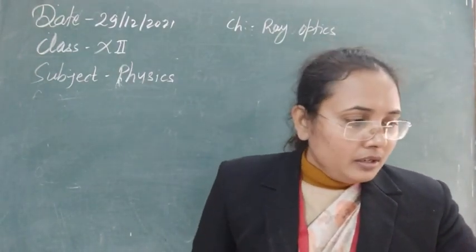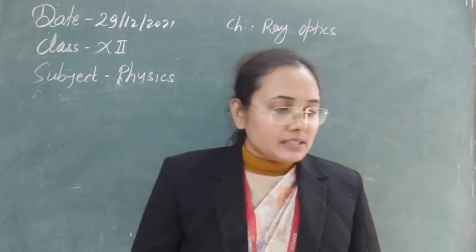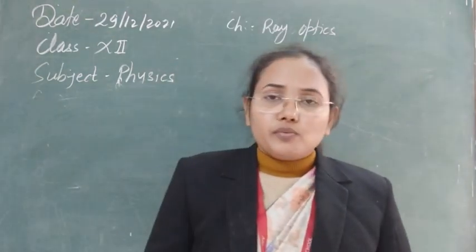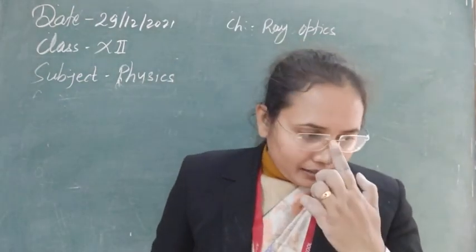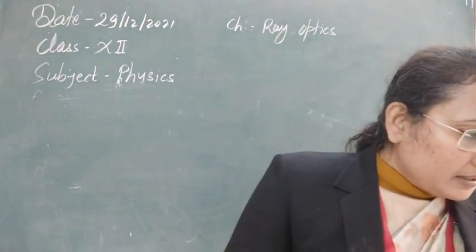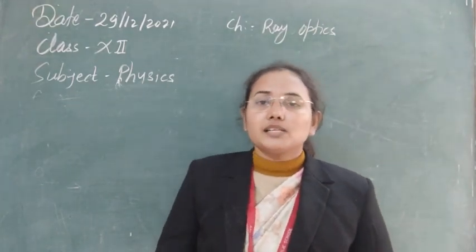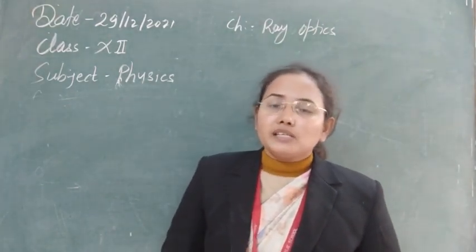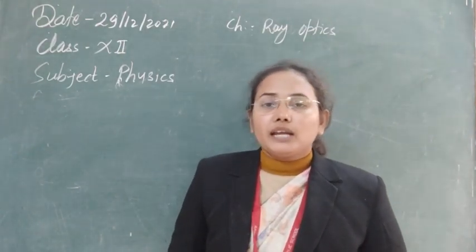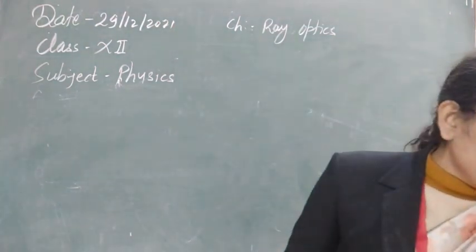Now students, after this, the topic that we will discuss is the lens formula. So let's see the lens formula first in this class, and the rest of the formulas we will see in the next class. The lens formula is the relationship between focal length, image distance, and object distance, just like the mirror formula: 1/f = 1/v - 1/u. We can get this formula in the case of lenses also. So let's see how we can find it.